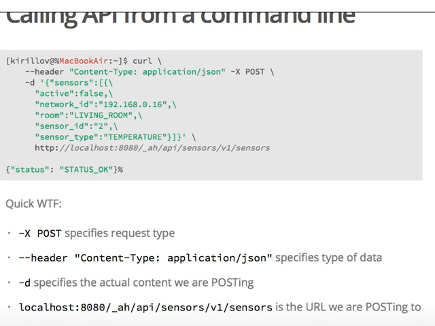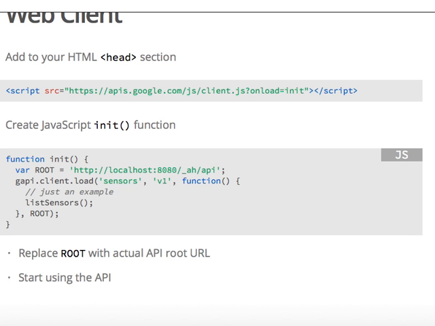Okay, now let's talk a little bit about how you can consume this in the real world, how your users will consume it. Let's build a web client. Imagine we have an HTML file. In this HTML file, first in the head section, we put this script. Here we just download some script from apis.google.com, js, client.js. As you can see, nowhere do we say that it's our API. Nowhere do we say it's a Sensors API. Nowhere do we say it's a cloud endpoint.